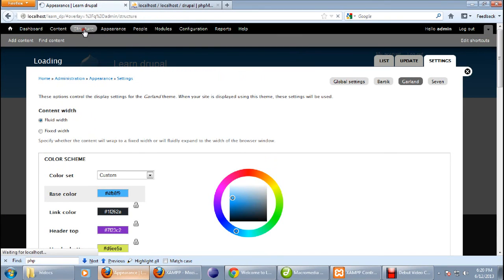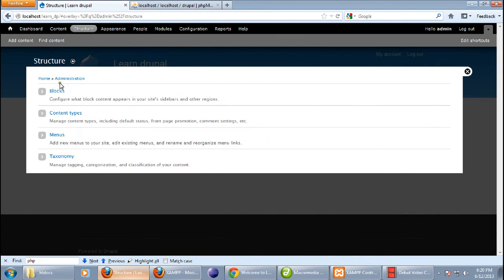Now we are going to Structure. The structure has block, content types, menu and taxonomy. It's all about the